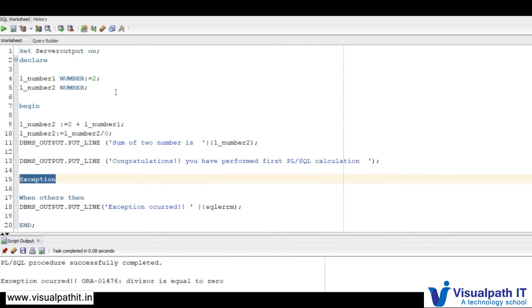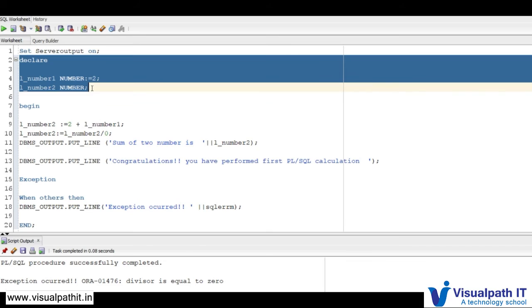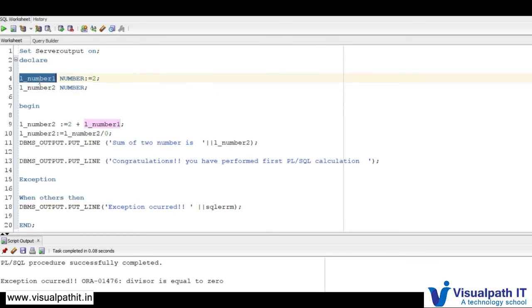Okay, I provided you one example where the exception block is optional. The declare block is also optional, but I need this variable in my execution block, so I have to declare it first.